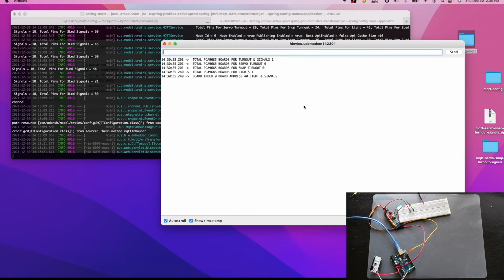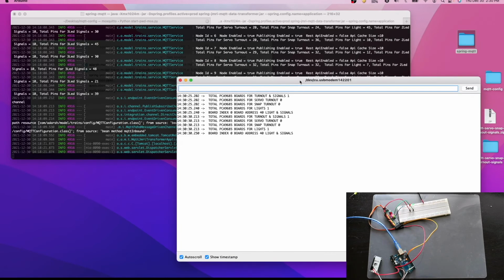Here we can see the board is up. Once ESP is able to connect, we should be able to see it.